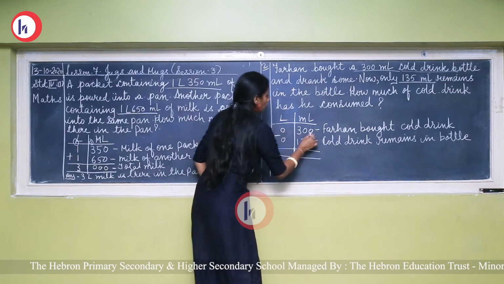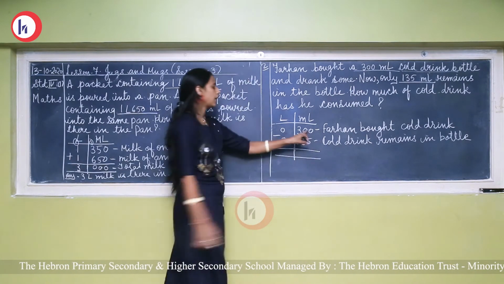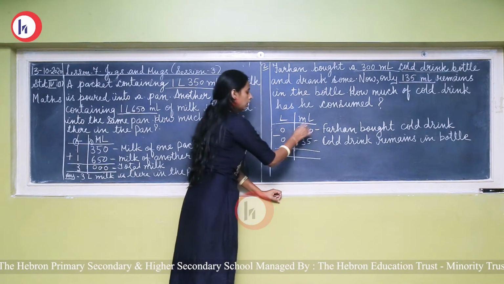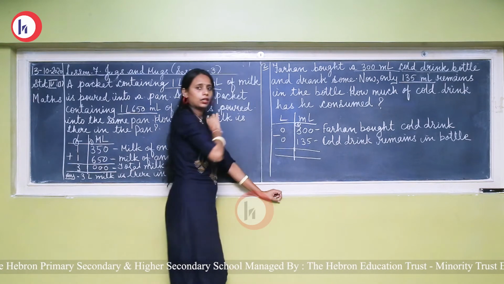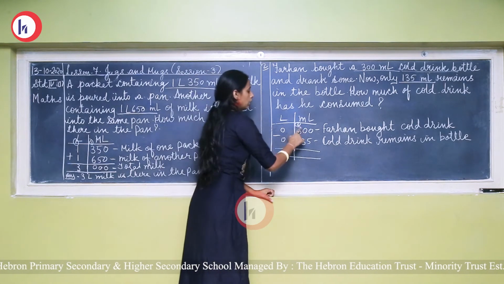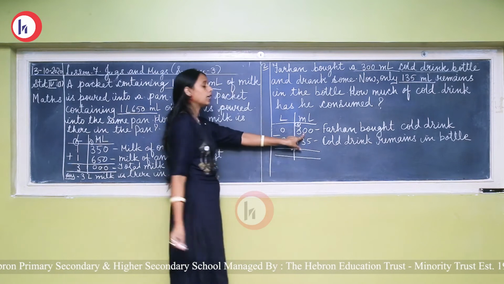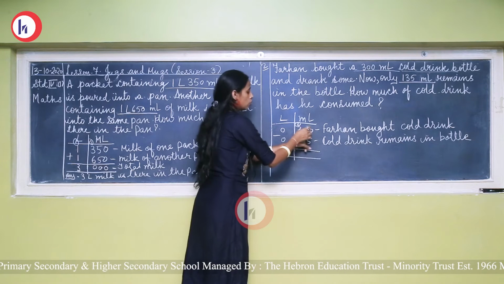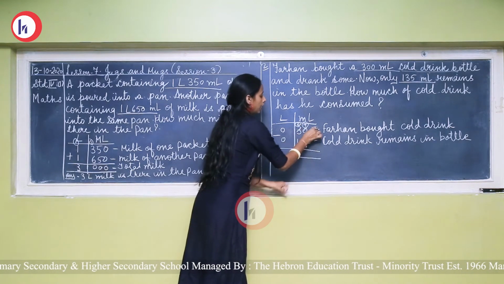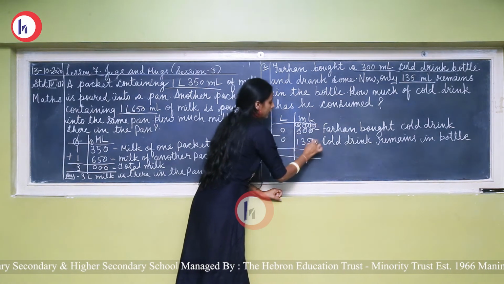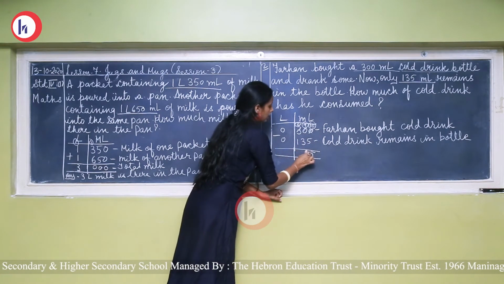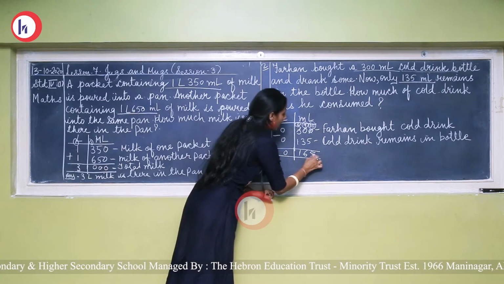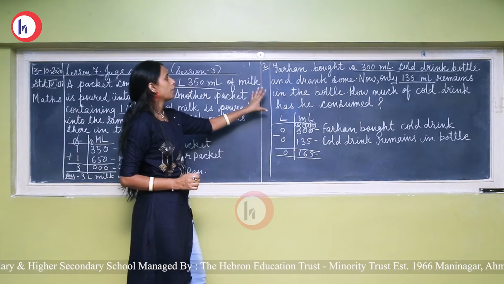Okay. Now we'll see here 0 and here 0. So we can't do subtraction here. So we have to take borrow from 3. So we will cut here and we will write here 2. Then this 1 will come here and here will be 10. Okay. Then when we give 1 here, so here will be 9 and here will be 10. 10 minus 5, 5. 9 minus 3, 6. 2 minus 1, 1. Okay. 165 milliliter cold drink Farhan drank.